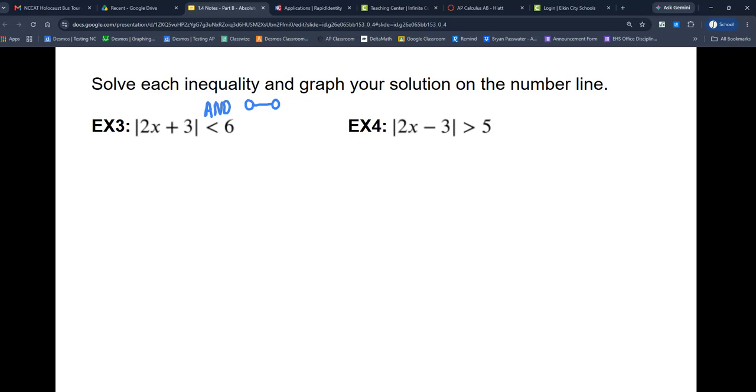I can't do it yet because the bars are still there. To get rid of bars, we got to write two separate inequalities. What does the first one look like? 2x plus 3